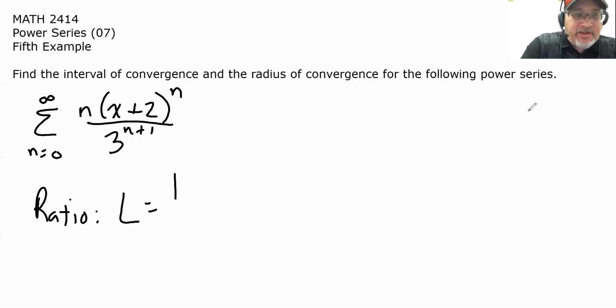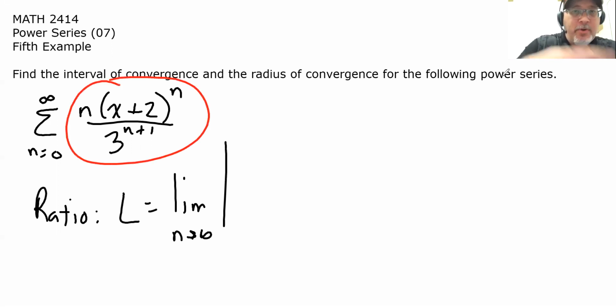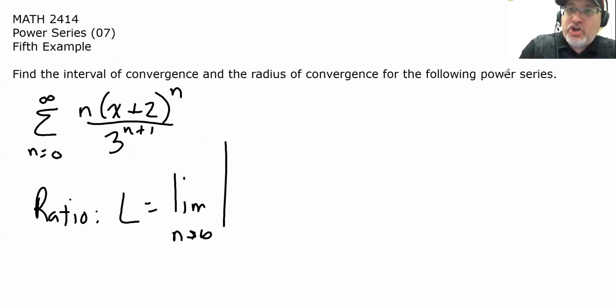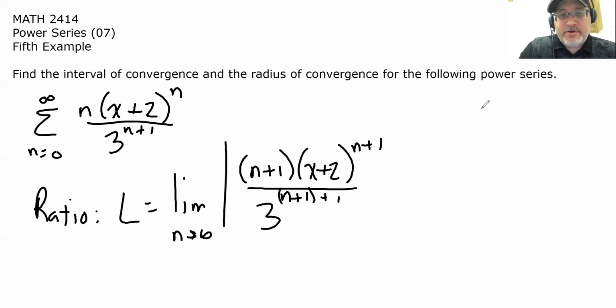We're going to let L equal the limit as n approaches infinity of the absolute value of the next term times the reciprocal of the current term. Since our terms are already fractions, there's no need to put one on top of the other. We'll go ahead and reciprocate the current term that's in the bottom of that ratio. All right, so our next term is obtained by replacing each n with an n plus 1. So instead of n, we have (n + 1) times (x + 2)^(n+1) over 3^(n+1+1), but that's just n plus 2,